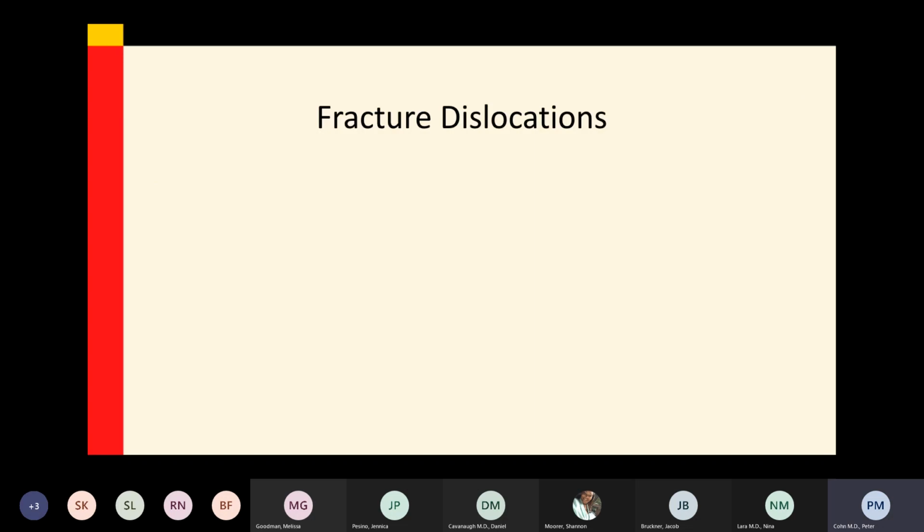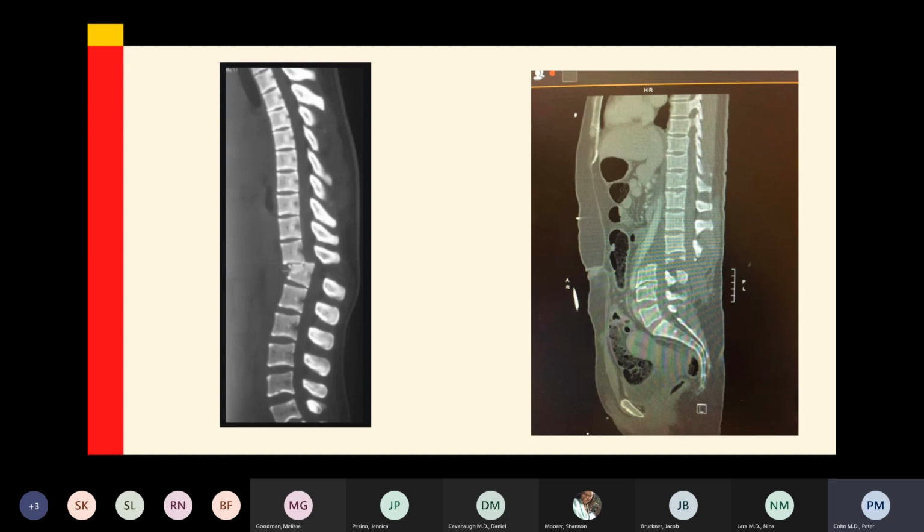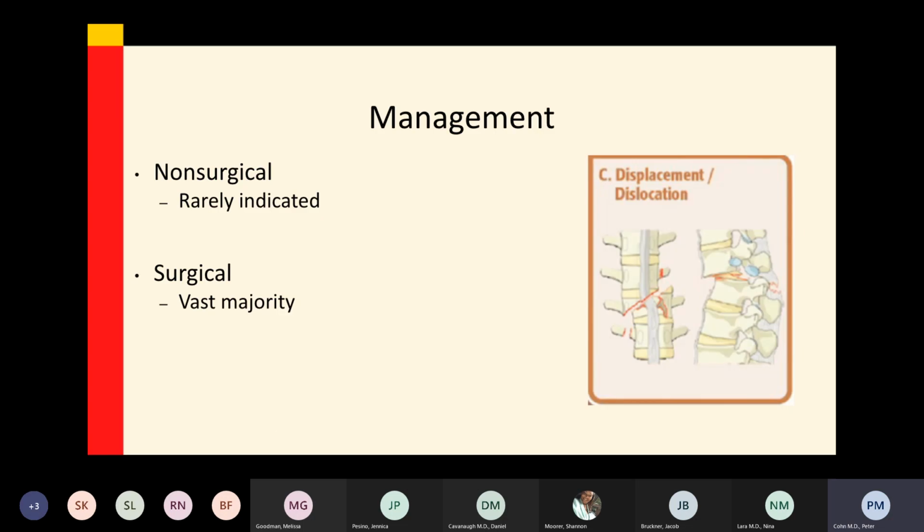Fracture dislocations, obviously these are unstable injuries as there's been a dislocation. In general, these are very commonly associated with neurologic injury, probably most commonly with complete injury. And the surgery for these is not so much for the complete neurologic injury, but to give the patient stability